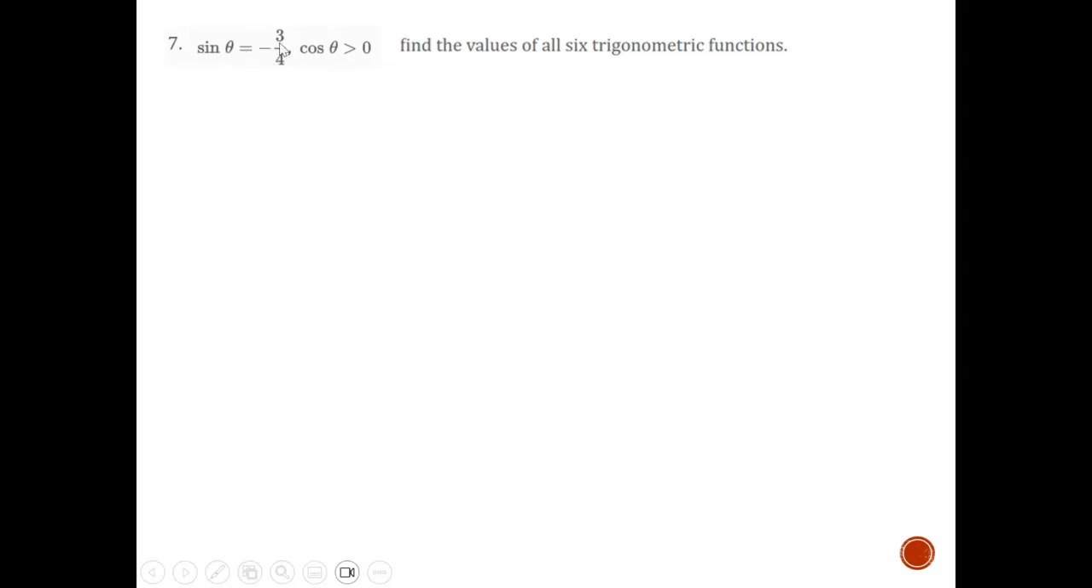Before they gave us a secant, now they give us a sine, and now we have to know whether cosine is also positive. So now, first of all, we need to know what quadrants the condition meets here. So the sine is negative, so that's going to be in